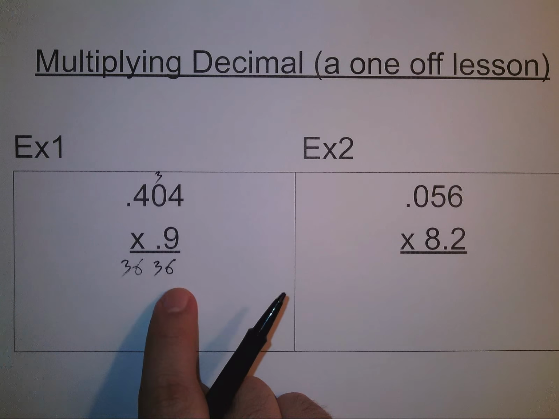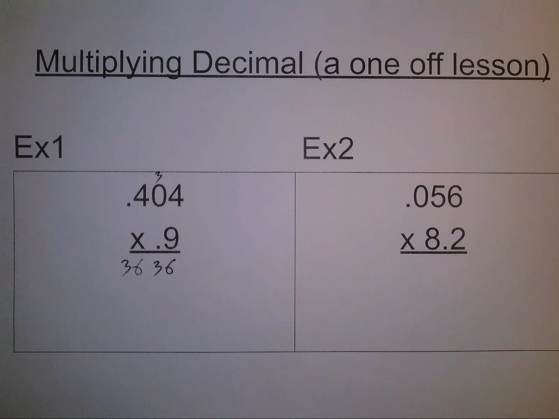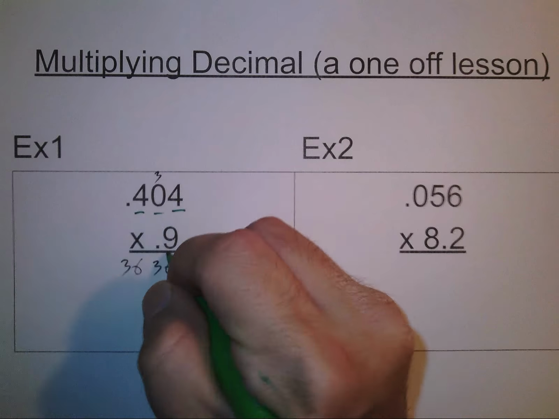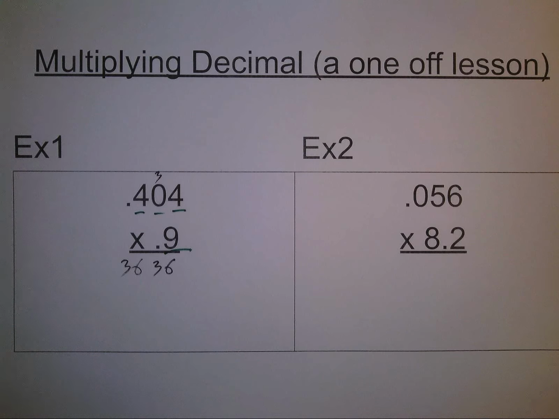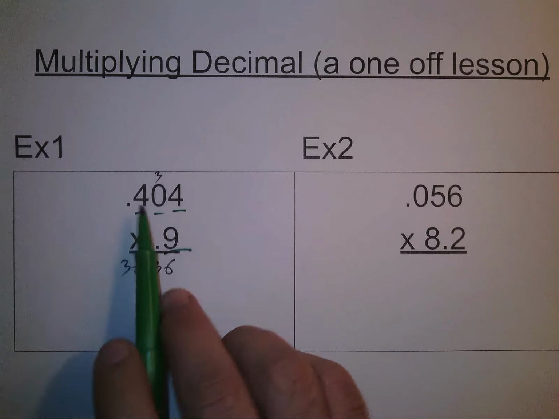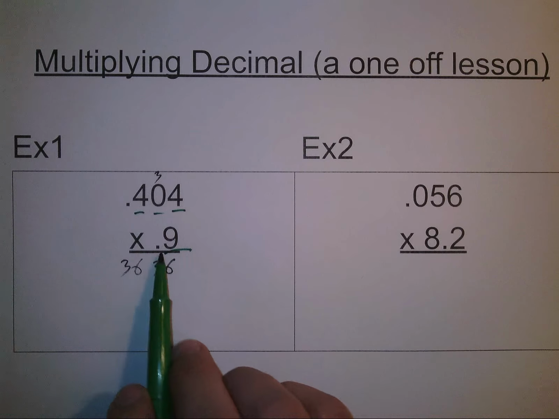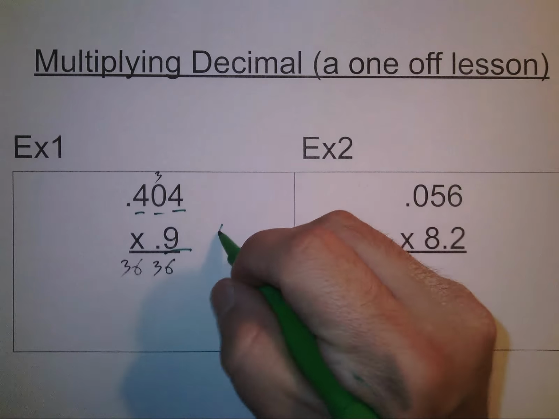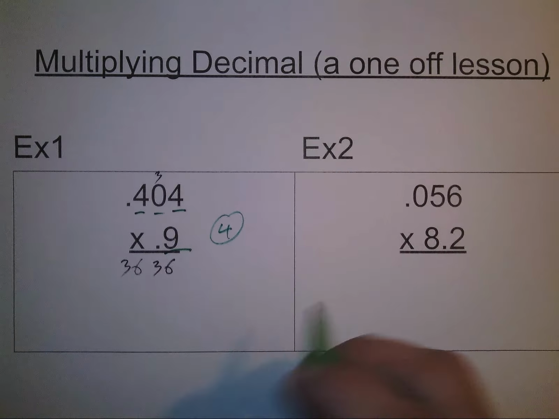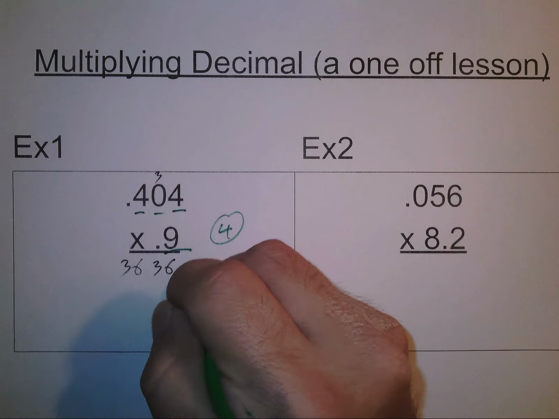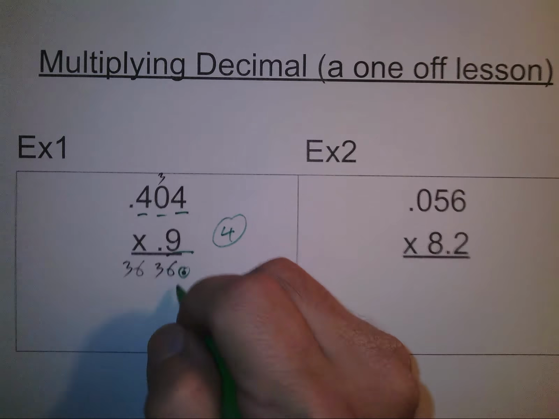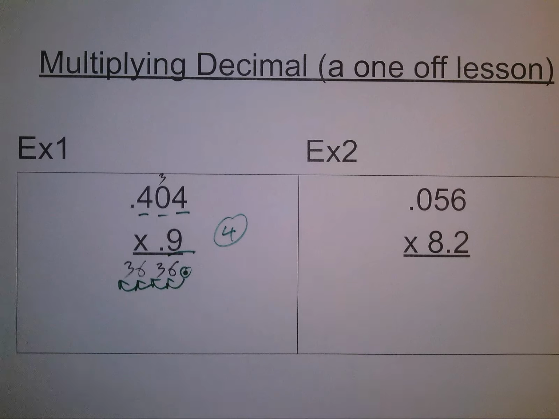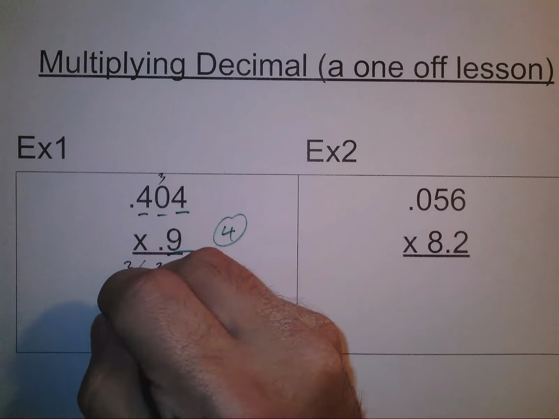What we did was multiply 0.404 times 0.9. And we had 1, 2, 3, 4 numbers appear after the decimal. The 4, the 0, the 4, and the 9 all appear after the decimal. So that means since 4 numbers appeared after, we're going to move the decimal from the far right over 1, 2, 3, 4 places, so that the final answer is going to be